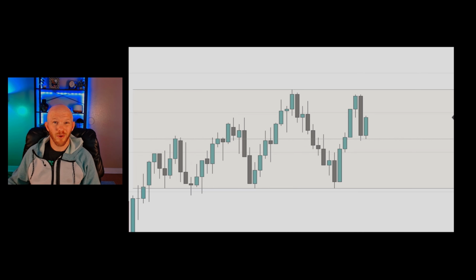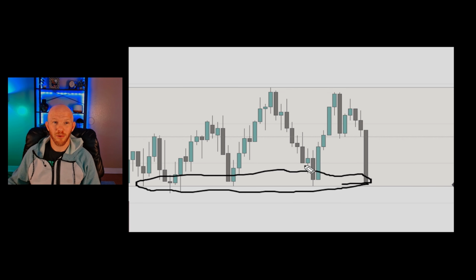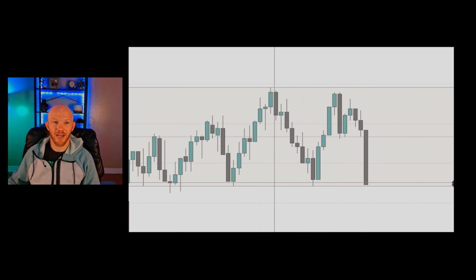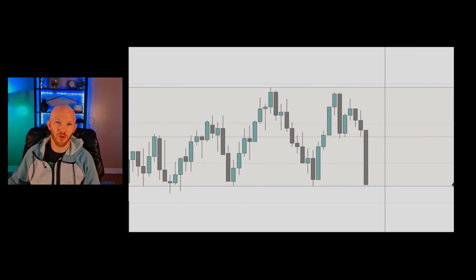When the market is ranging, it's very clearly not going anywhere. There's general areas on the chart where price keeps moving back and forth between. Every time price gets down here, it goes up. And every time price comes up here, it goes down, right? It's pretty clearly obvious we're just going up and down around the same general area.